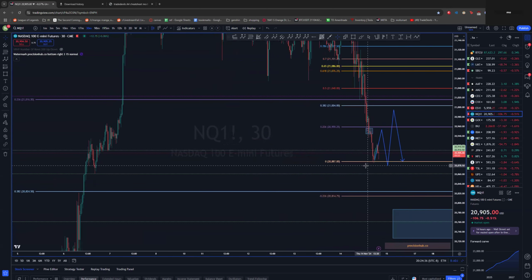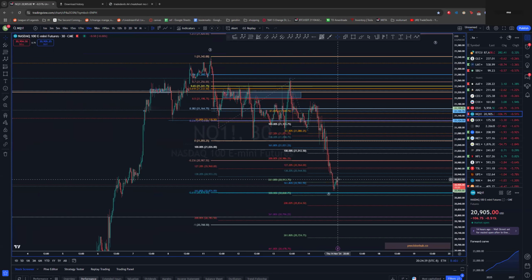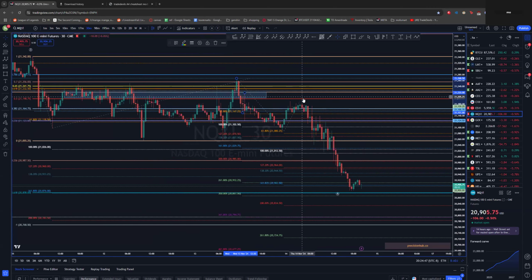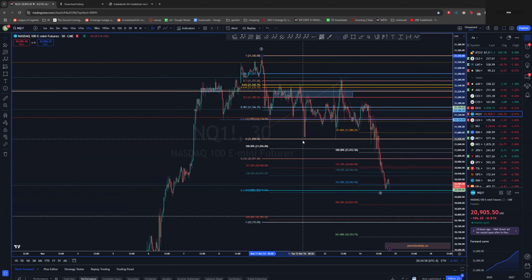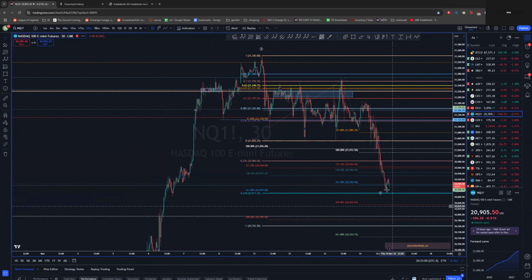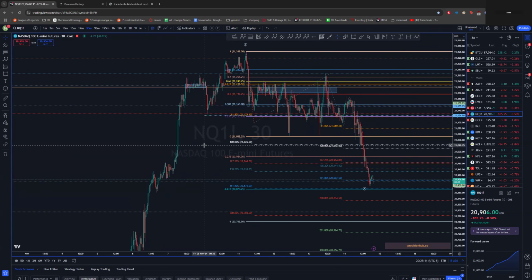I mean, we have so much confluence here. If I go back to my main chart, there is so much confluence here for us to bounce, right? We have the 1618 of the inner leg. We have the 2618, actually, this is a bad extension. We have the 1618 here, and then we have hit the negative 618 of this entire retracement. And it was also the 1618 of the extension from the A to the B down to the C. So there is a lot of reason for us to at least have some kind of relief bounce,